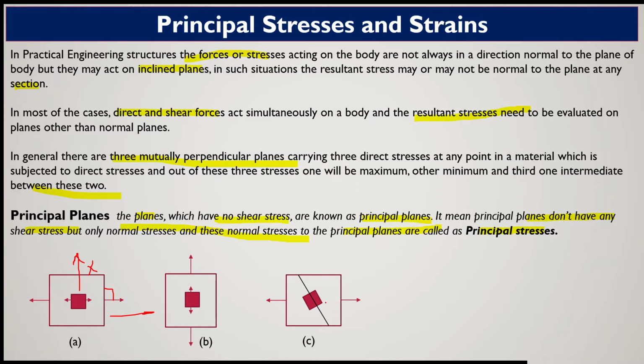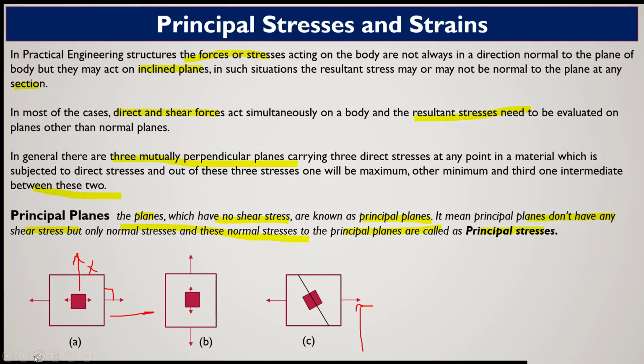Now if you see, the force is horizontal, but the element dimensions or element sides are not horizontal. So we have to resolve this force in a direction normal to the surface of the element. If the black line is indicating a plane, and we want to find out the effect of the force P,